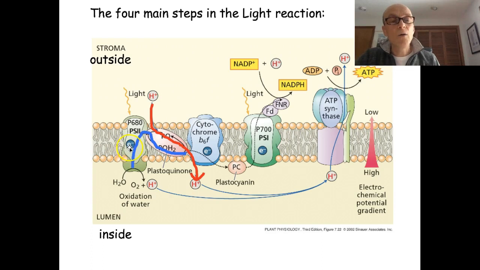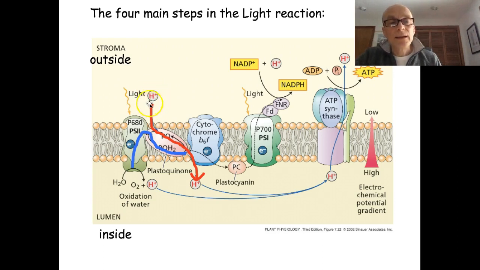And they can now be used to reduce, so using the electron plus a hydrogen, here's a hydrogen, to reduce a substance that is called plastoquinone to plastohydroquinone. The reduced part is called plastohydroquinone, and the oxidized state of that compound is simply plastoquinone. And as it's doing the reduction, so you add an electron or you add a hydrogen, whichever way you would like to think about reduction and oxidation,